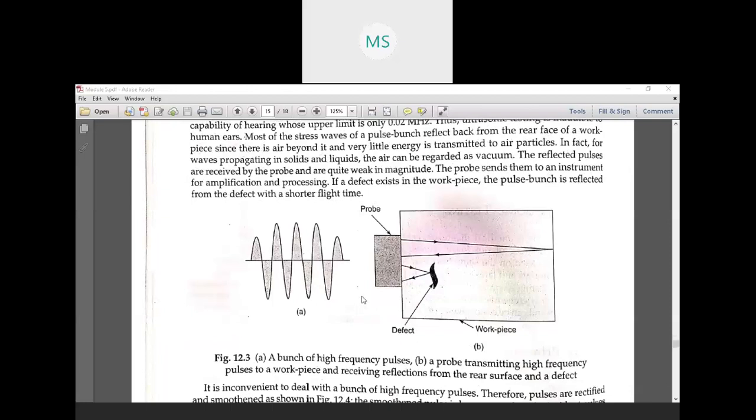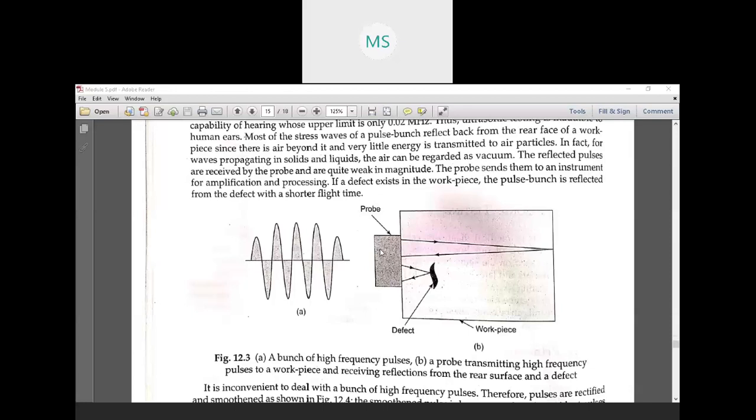If you remember, diagram A is nothing but the bunch of high frequency pulses we are generating through the probes, you can see here. If there are no defects, the wave goes to the rear and comes back, so it will take a long time to travel, and hence the frequency will decrease. But if there is some defect, as soon as it touches the defect, immediately it will come back. So in this case, the time taken by the waves is very less, and hence the frequency will be very high. Okay, but the wave which comes back has very low amplitude,